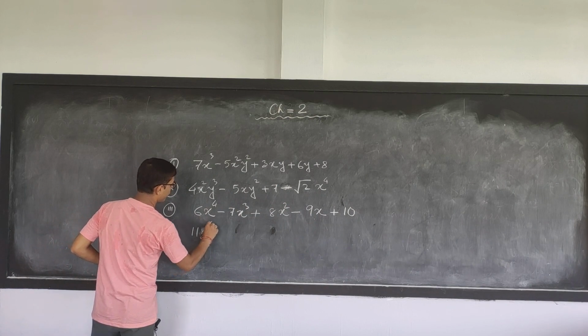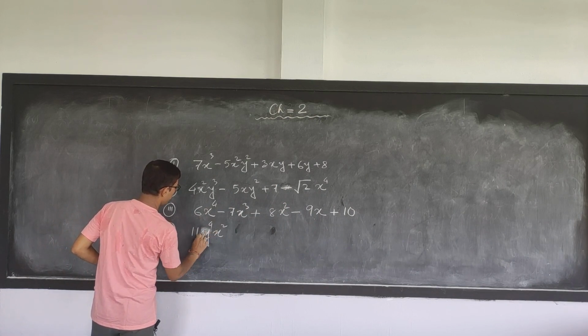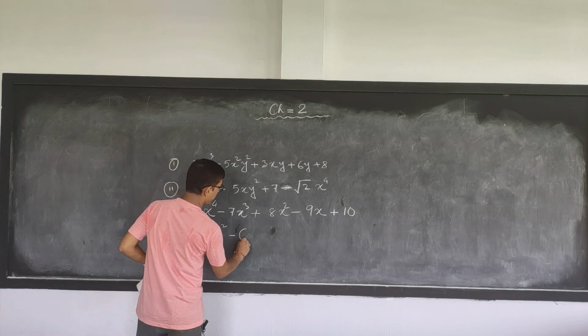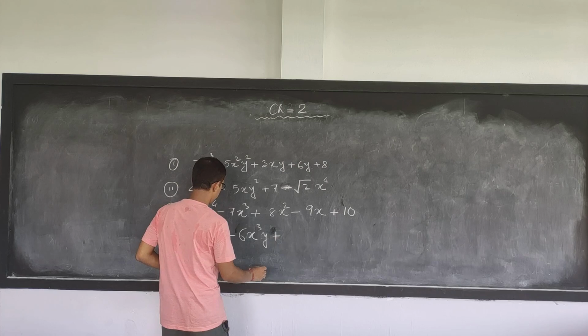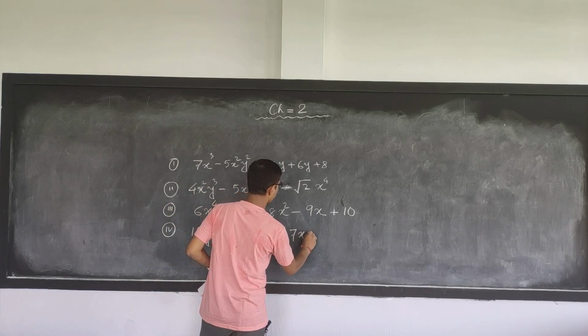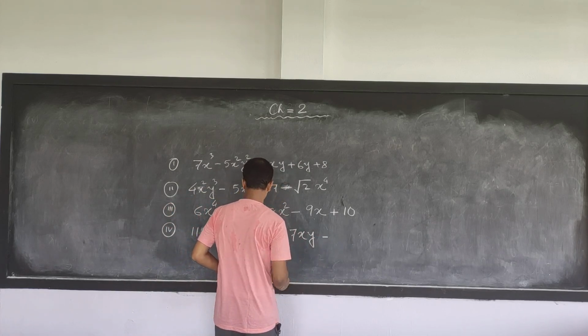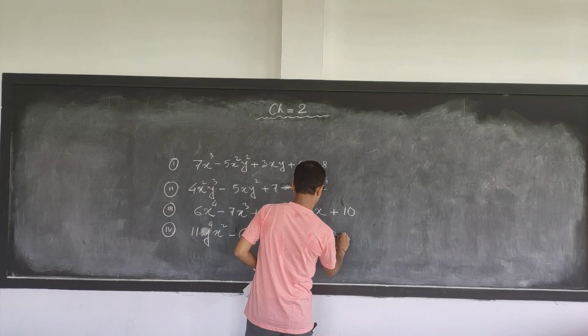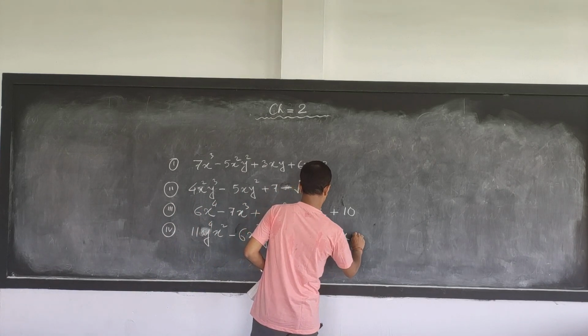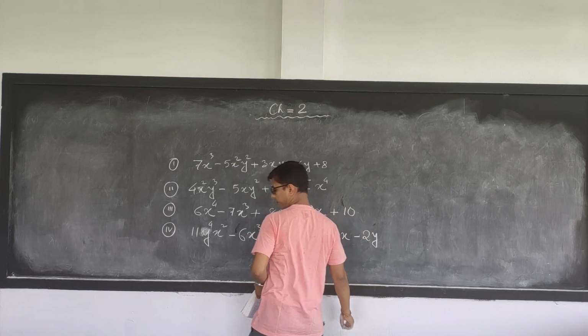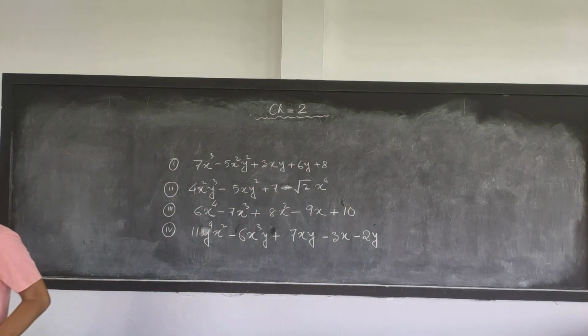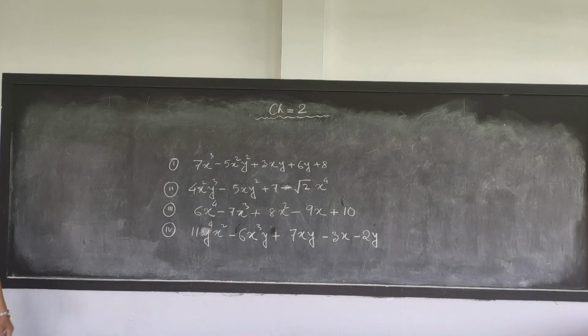11y to the power 4 x square minus 6x cube y plus 7xy minus 3x minus 2y. We have 4 examples with us. Now let us understand how to find out the degree of these polynomials, how to determine the degree of these